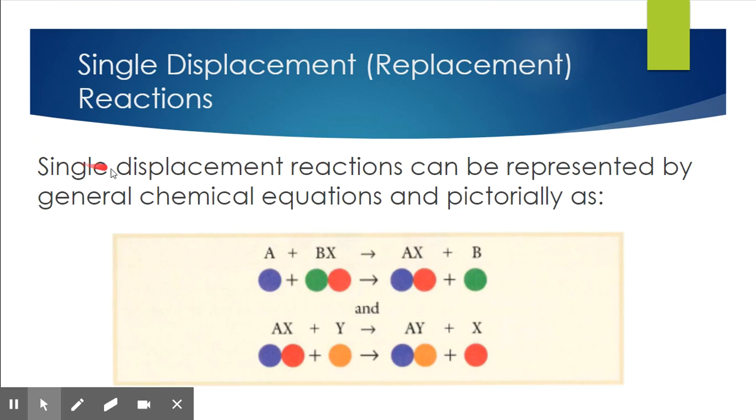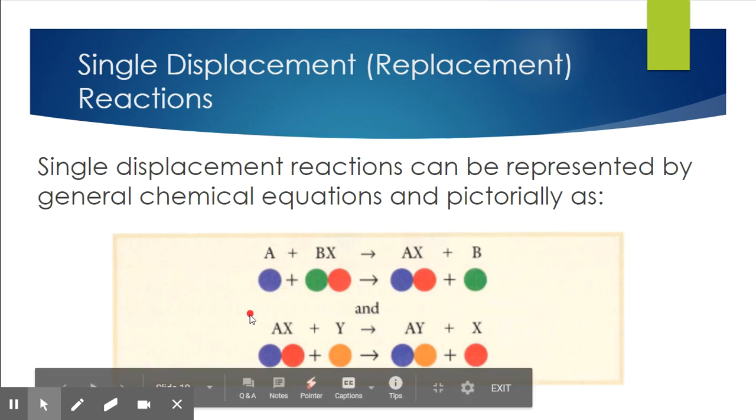Okay, so single displacement reactions can be represented by general chemical equations and pictorially this way, right? If we had A plus BX, let's say A is a metal, B and A are two metals, and the X is a nonmetal. That would mean the metals would switch places, and then you'd end up with AX plus B on the other